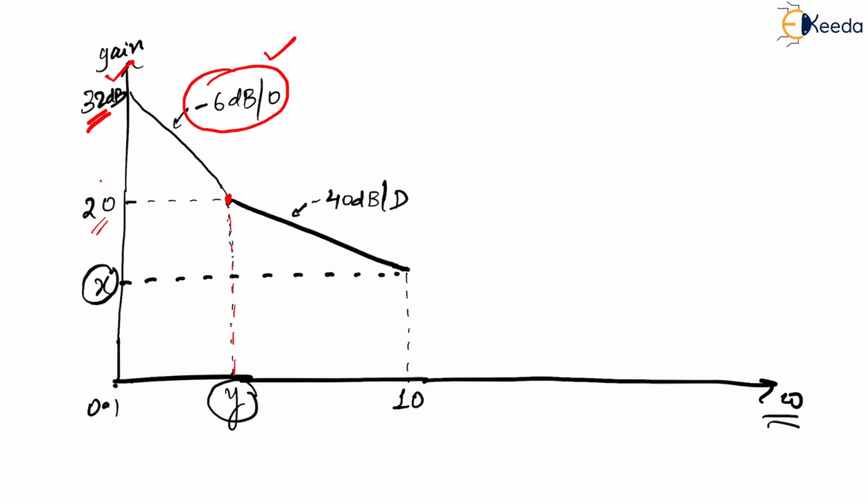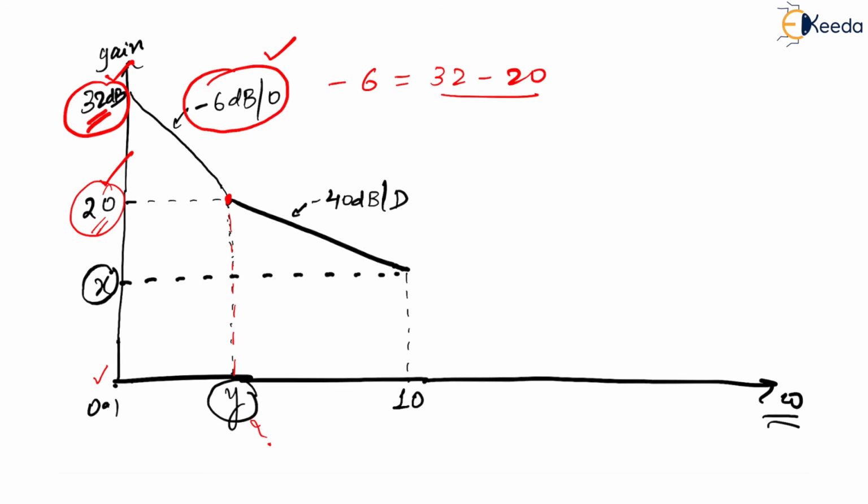You have got the 2 points on the y-axis. You have got 1 point on the x-axis, but you don't know the other point, which means slope formula can be used. I mean to say this slope is minus 6 dB. What does it equal to? It is equal to what? Y2 minus y1 upon x2 minus x1. Now, if you think of it, is going to be 32 dB minus 20 dB. Is that right? Which is nothing but 32 minus 20.